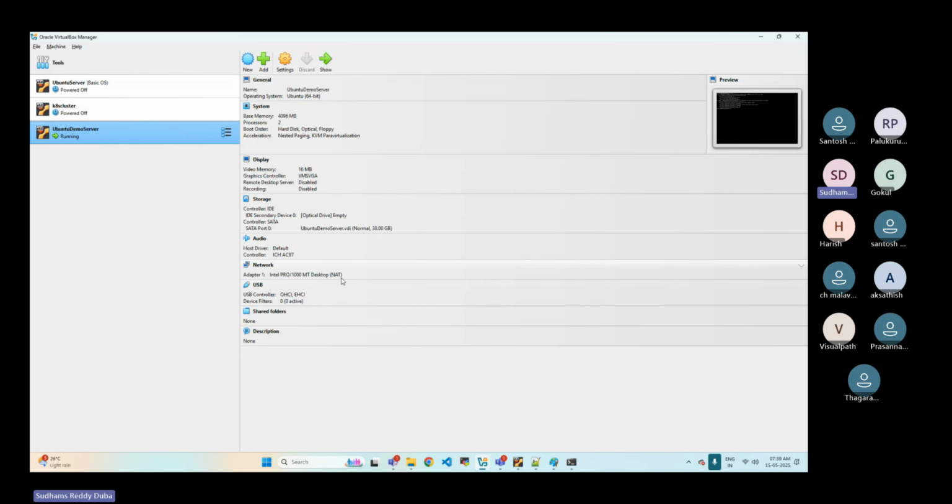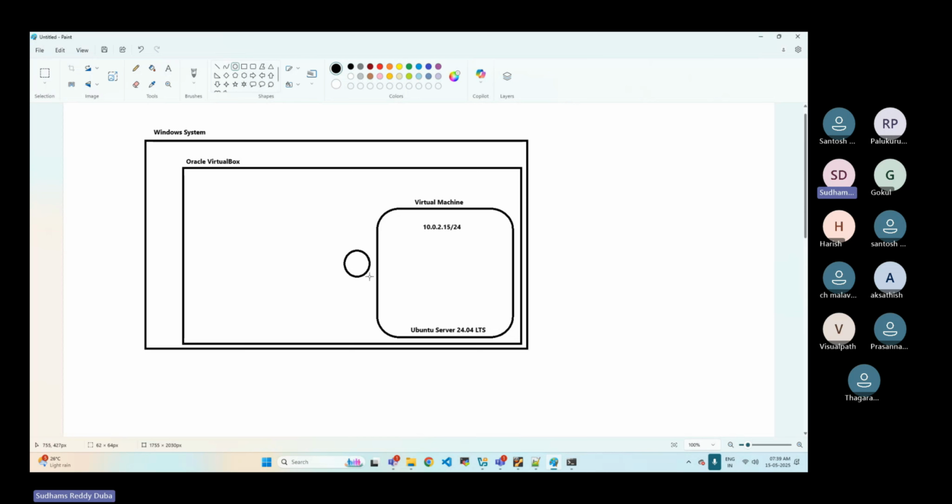So what does it mean? Your virtual machine got an IP address from the NAT network. It will look like this. We have a NAT network, which is a feature of your Oracle VirtualBox. From this NAT network, we got the IP address for the system. Now, when you try to access this virtual machine by using that NAT IP address,